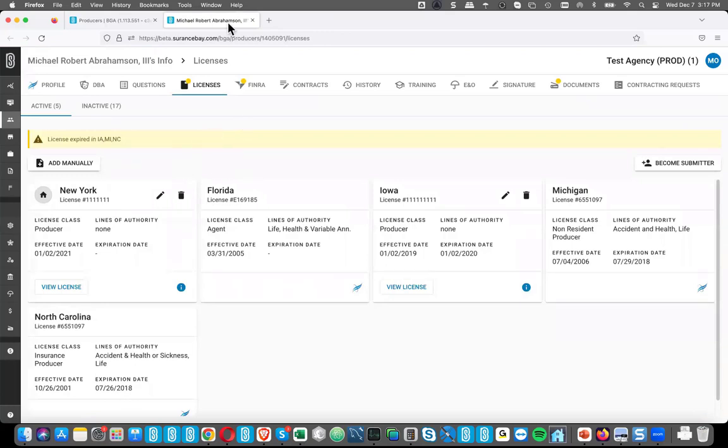You'll notice when I clicked on that, it opened up a new browser tab. That is something to pay attention to, because anytime you open a producer profile or a contracting request, it's likely going to open a new browser tab. The reason is we know that several of you, when you're working in SureLC, may get a phone call or an interruption, and need to pause what you're working on and start looking at something else. But we didn't want you to have to back out of the screens that you were in